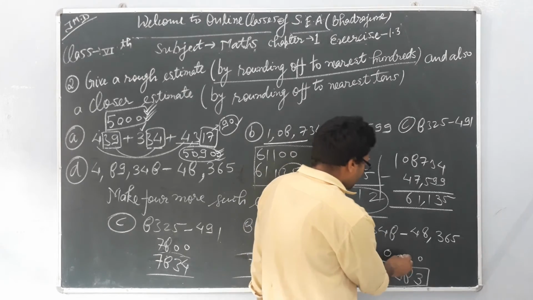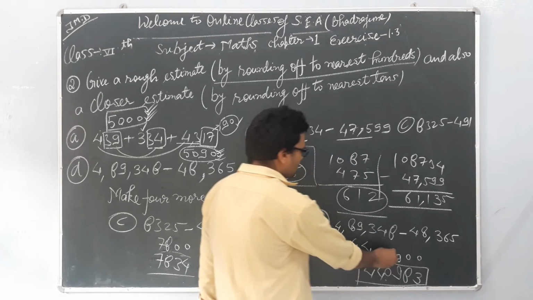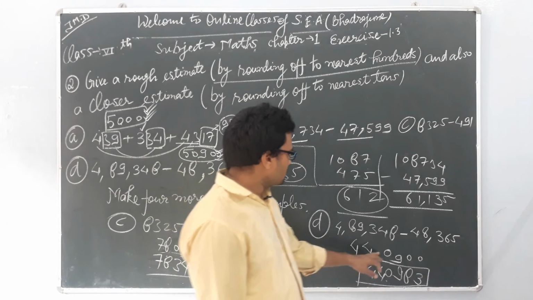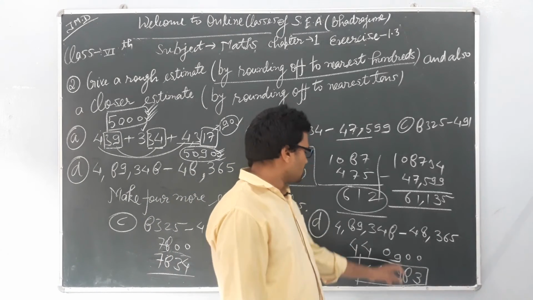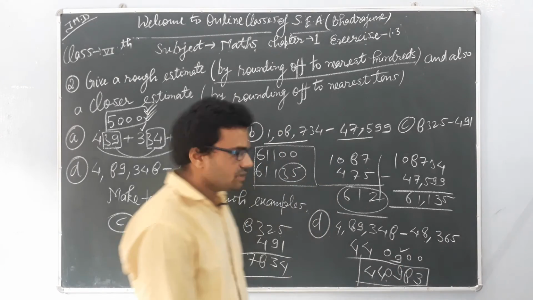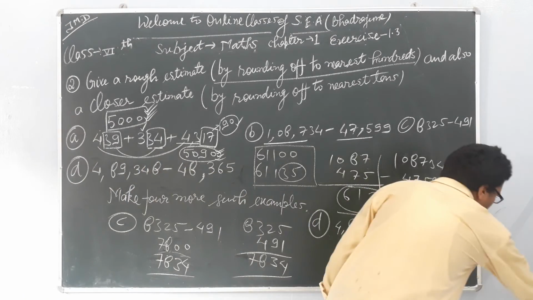Okay, when we will subtract, then we will get this one, because 9 is here, then 9 will also be here, because we are not calculating estimation for lakhs or thousands, we are calculating estimation for hundreds, so 900 will come over here. Okay, after that we will move towards our question number 3rd.